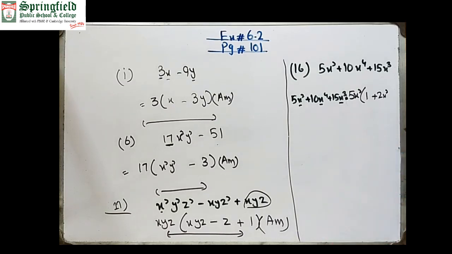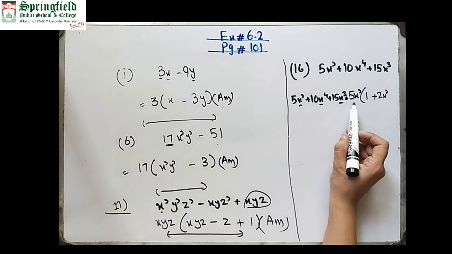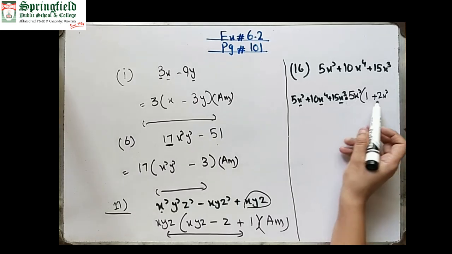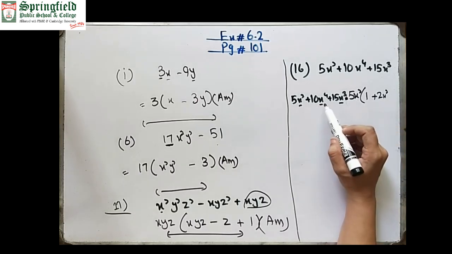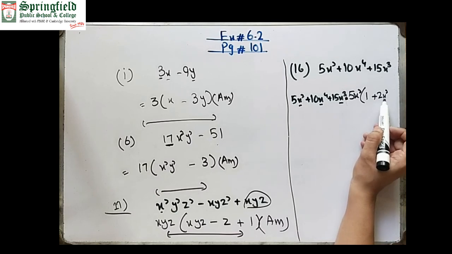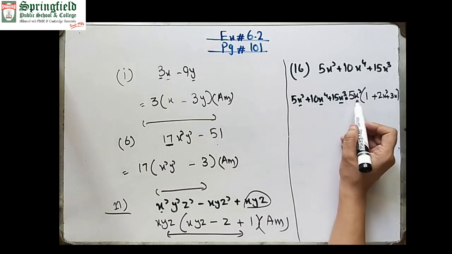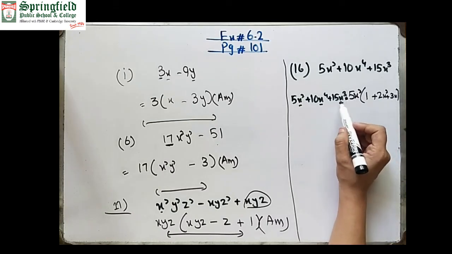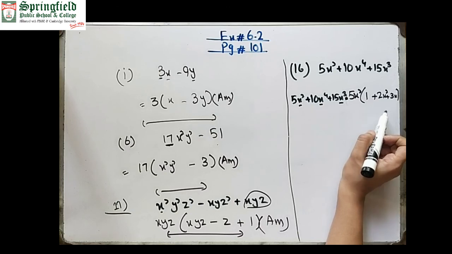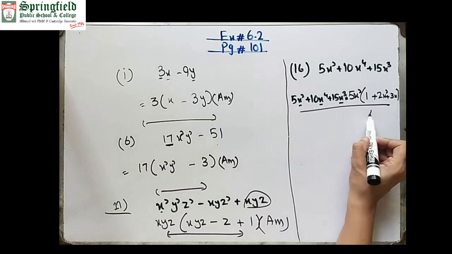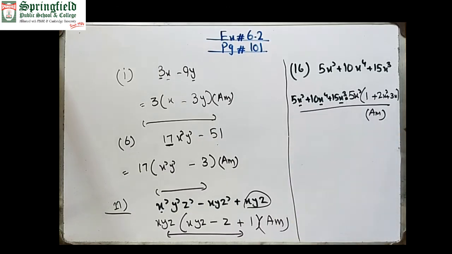Okay, now 5x square plus 1, plus 5 2s are 10 and x square just left inside the bracket, plus 5 3s are 15 and just x is left. x cube means x is 3 times. So when we take 2 times outside, 1 time will be left inside the bracket, and this is your final answer. Understood beta? Okay, now do the practice of all these questions in your notebook. Okay.